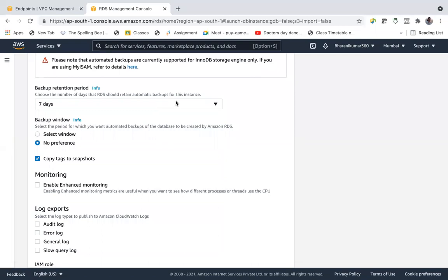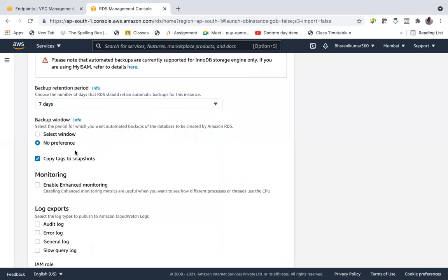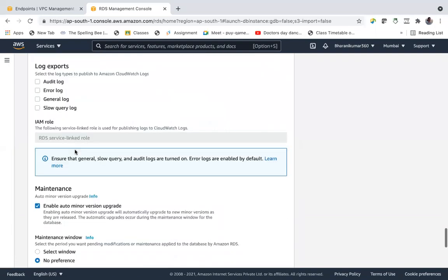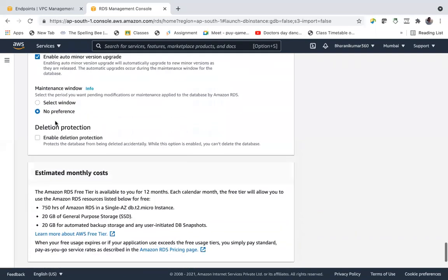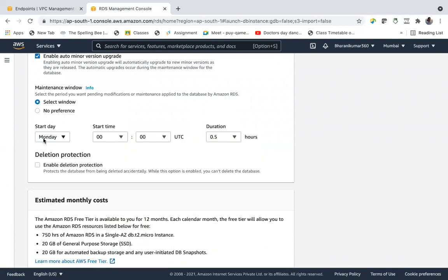But since it's automated, let's say the maintenance window is there, select window. Say every Monday your database gets maintained, and you can specify the time.